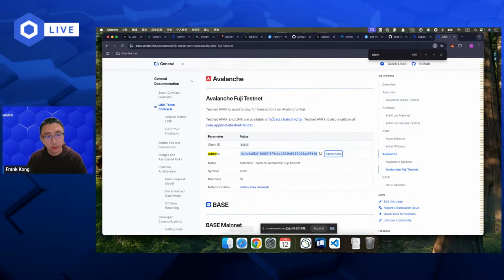Yeah, here you can find the address. So if you cannot find any configurations related to Chainlink, you can just Google that, or maybe go to our official documentation, and we have all the configurations on this page. Okay. Yep. Thanks for your questions.